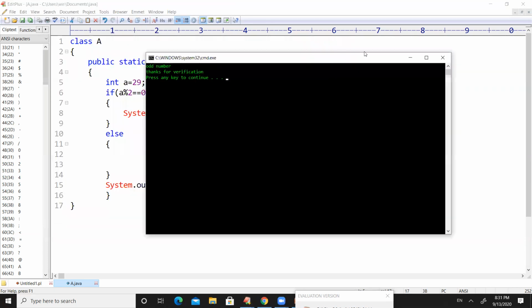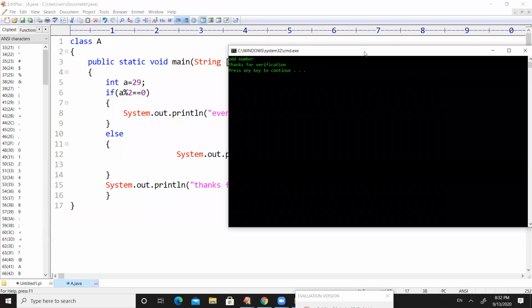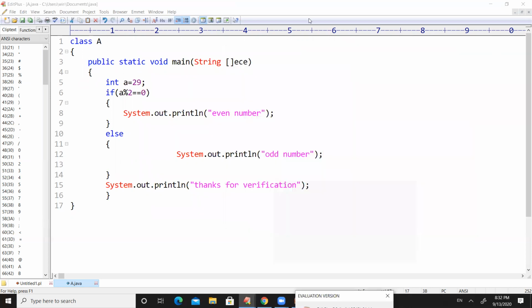It has given odd number and it is giving thanks for the verification, which means the given condition is false. Because the condition is false, the control entered directly into the else block.